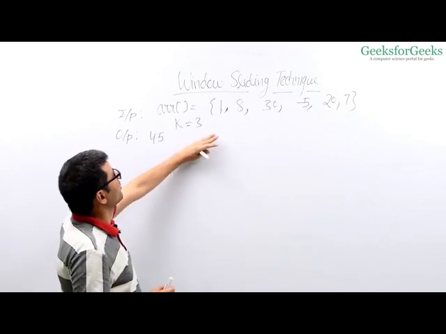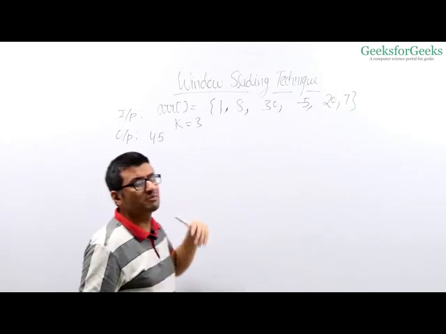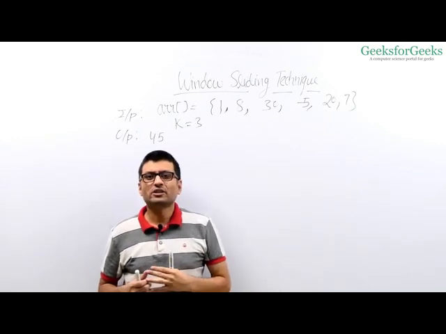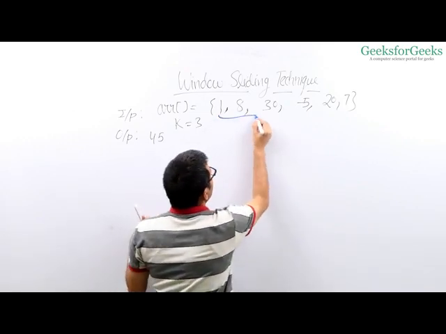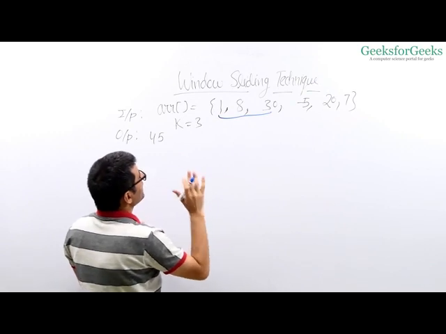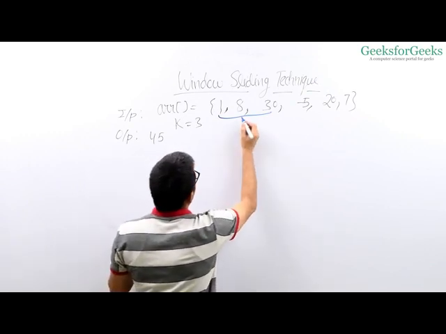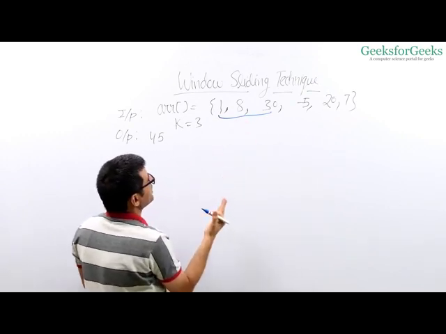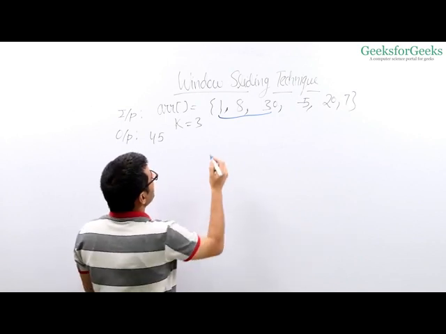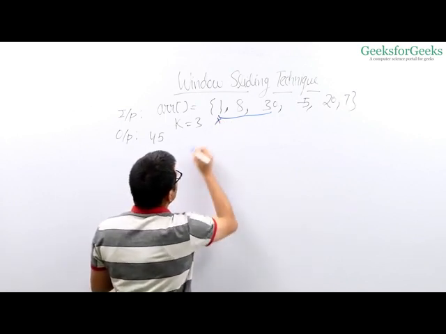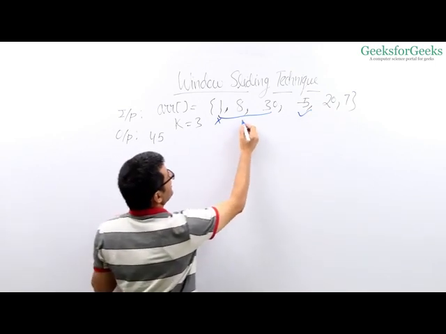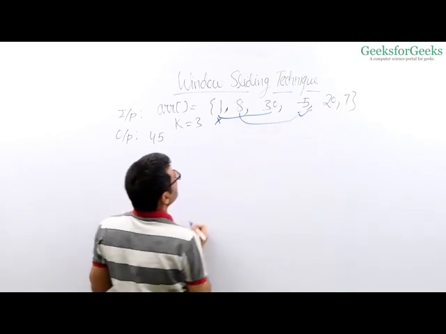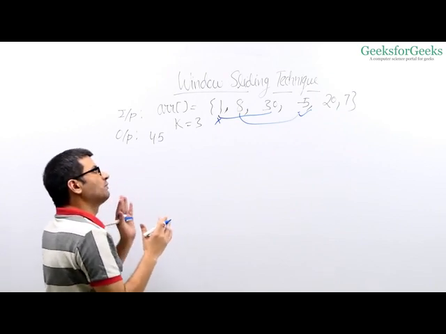Let us now talk about a linear time solution which is based on the window sliding technique. So what we do in the window sliding technique, we compute the sum of the first window and we can get the sum of the next window in big O of 1 time. How do I get the sum of the next window in big O of 1 time? I simply need to subtract this element and add this element, right, to the current sum. That's how I get the sum of the next window, which is a big O of 1 operation.